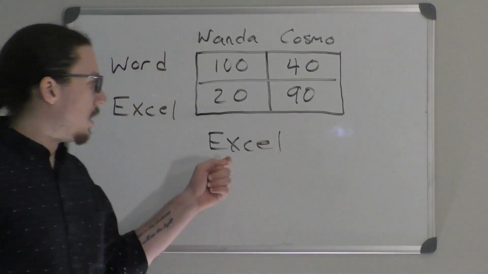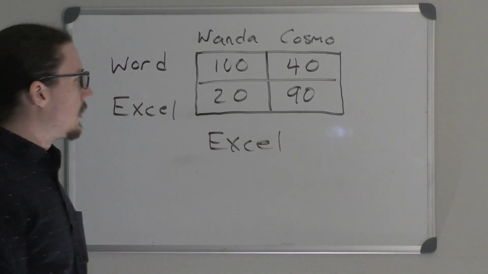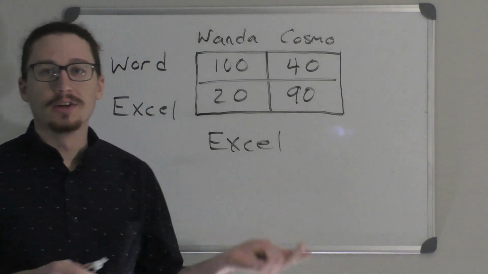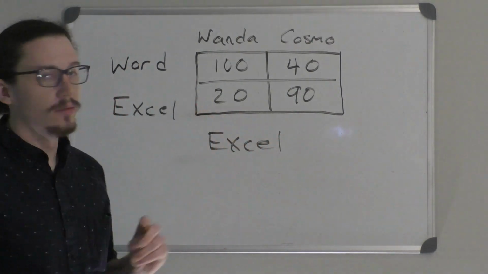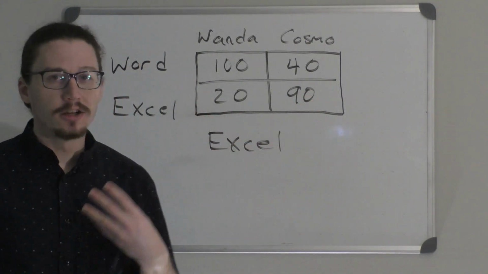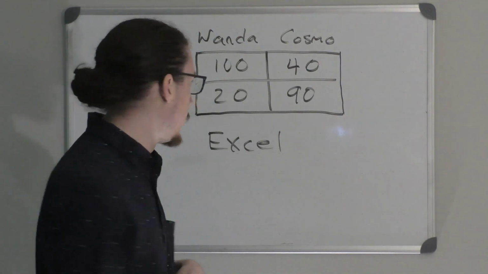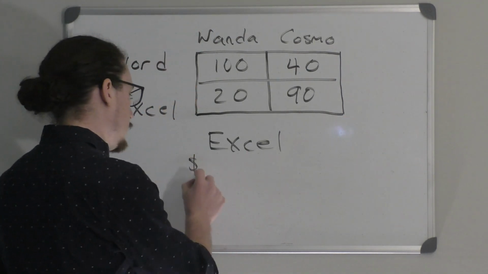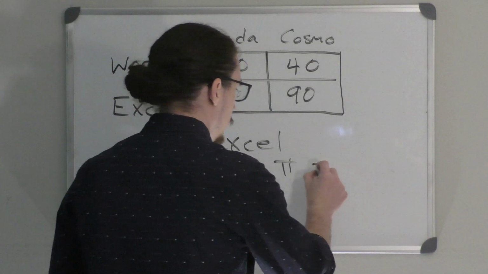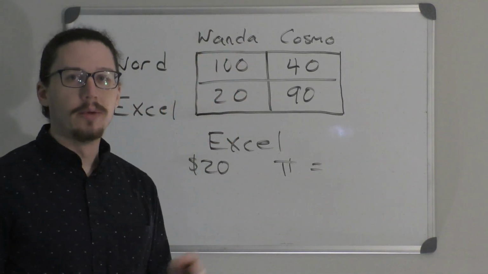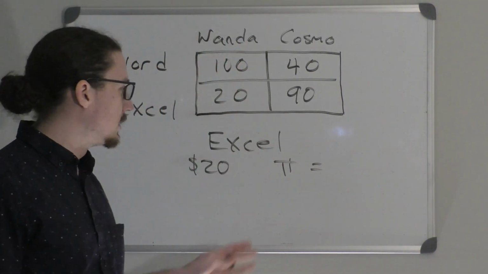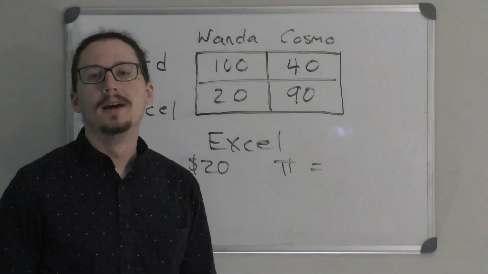So we'll keep that tucked away in our back pocket. All right, now let's look at Excel. Again, kind of the same thing. They're either going to charge $20, which is what Wanda values it at, or $90, which is what Cosmo values it at. So at